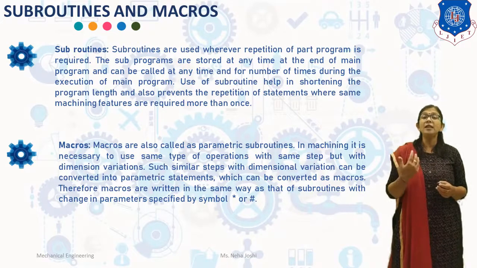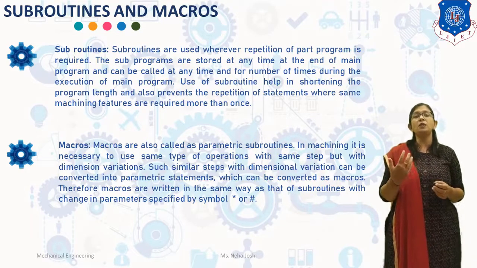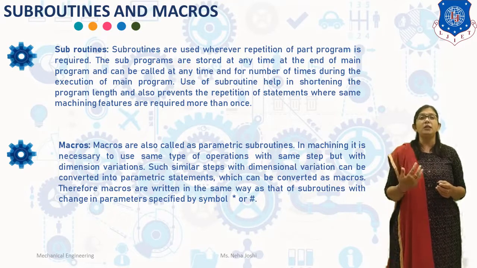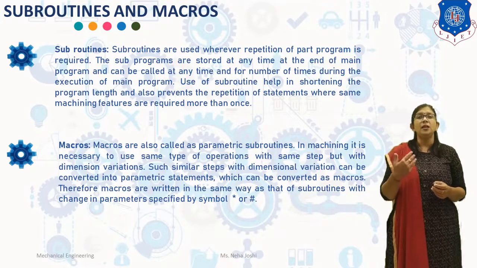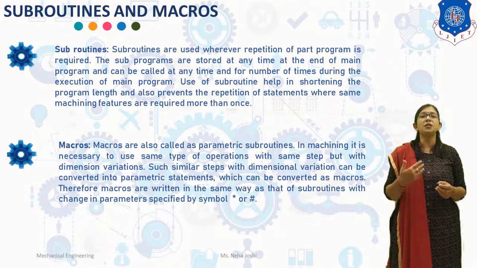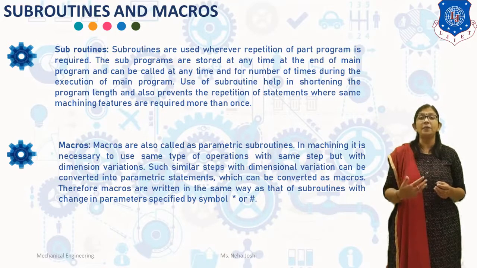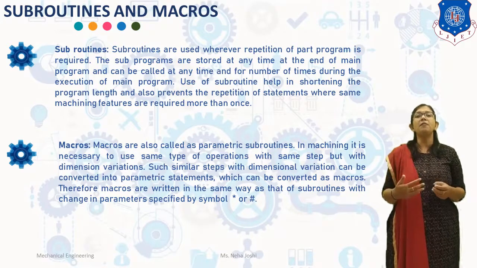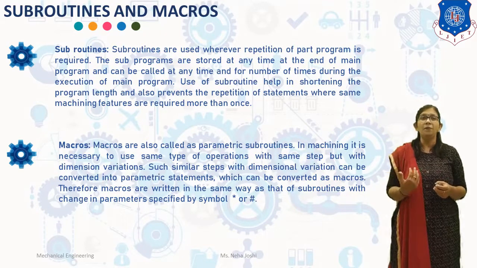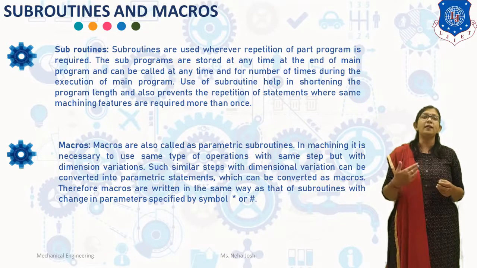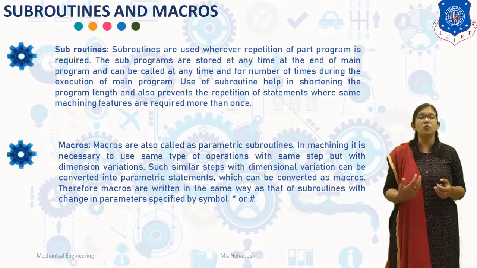Okay. Now what are macros? Macros are also known as parametric subroutines in machining. It is necessary to use the same type of operation with the same setup but with dimension variations. So similar steps with dimension variations can be converted into parametric statements, which can be converted into a macro. Therefore macros are written in the same way as subroutines, with a change in parameters specified by the symbol star or hash. Okay, so this is about the canned cycles, subroutines and macros which are used in